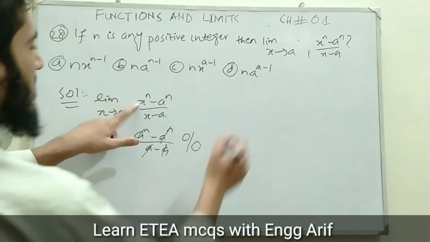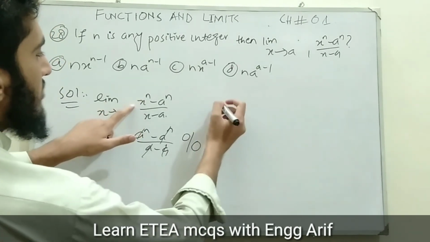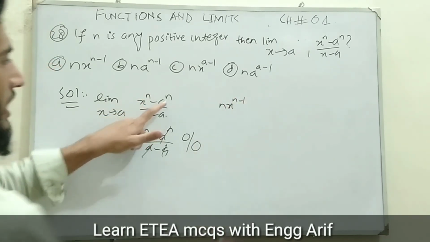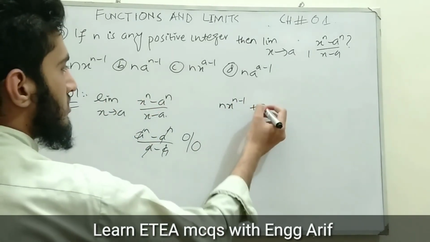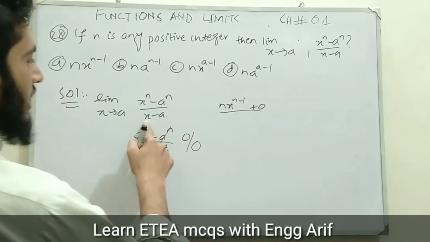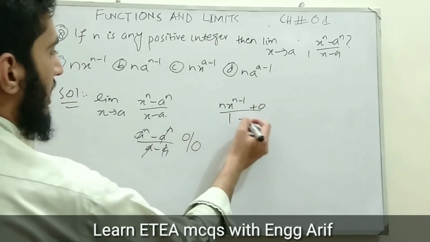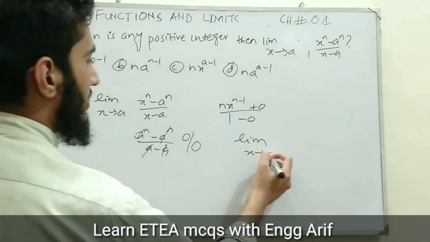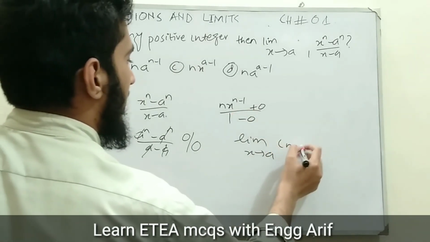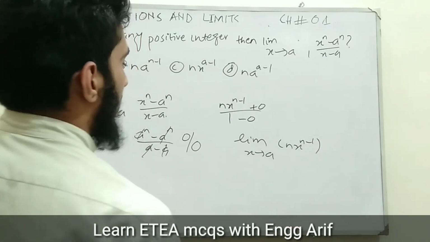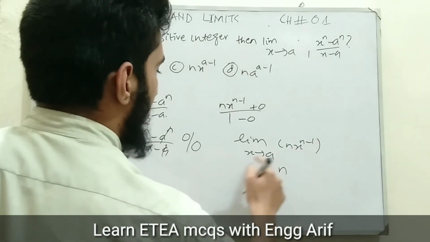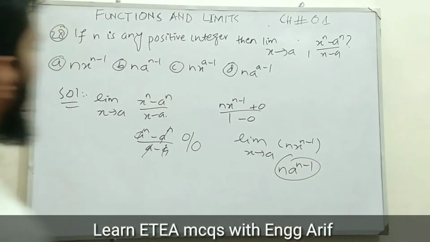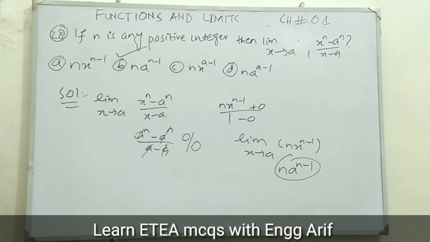The derivative of x power n, we already know that the power will come to the front and we will subtract 1 in the power. And here a power n is a constant, so the derivative of a constant is 0. After this, the derivative of x is 1 and a is a constant, its derivative is 0. So we are left with limit x approaches to a of n x power n minus 1. Applying the limit, it becomes n times, put x is a over here, n a power n minus 1. So this is the result, n a power n minus 1. So the correct option is option number B.